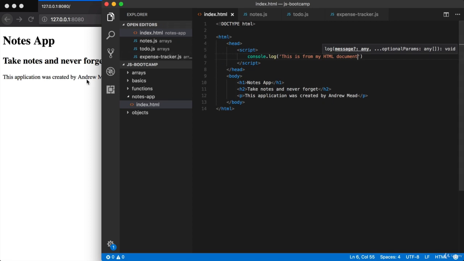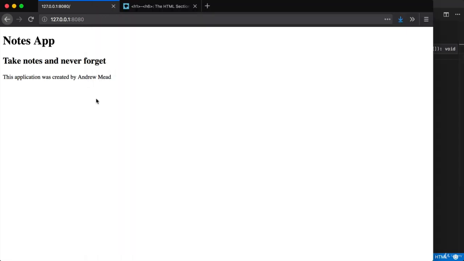And if we head over to the browser, we can see that nothing looks different. So when we ran our applications previously, we were able to see the output, what was console logged, in the terminal. But in the browser, we don't have a terminal. So how do we get access to it? Well, we actually have browser developer tools. The developer tools allow you to see various things, including the various files that were requested. We can see all sorts of cool stuff like how long the page took to load. We can also see a console that shows everything that happened with our JavaScript, including errors, or in this case,